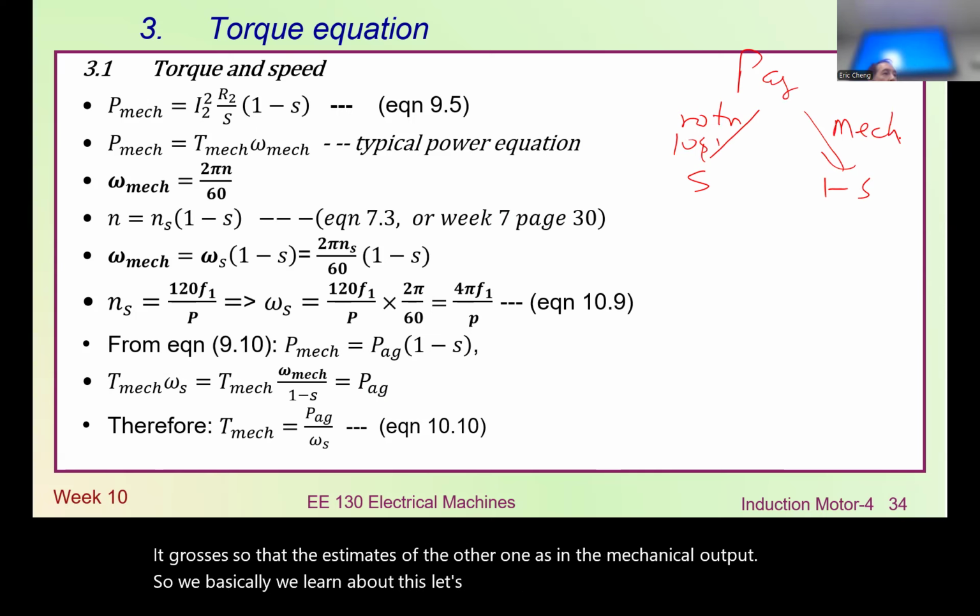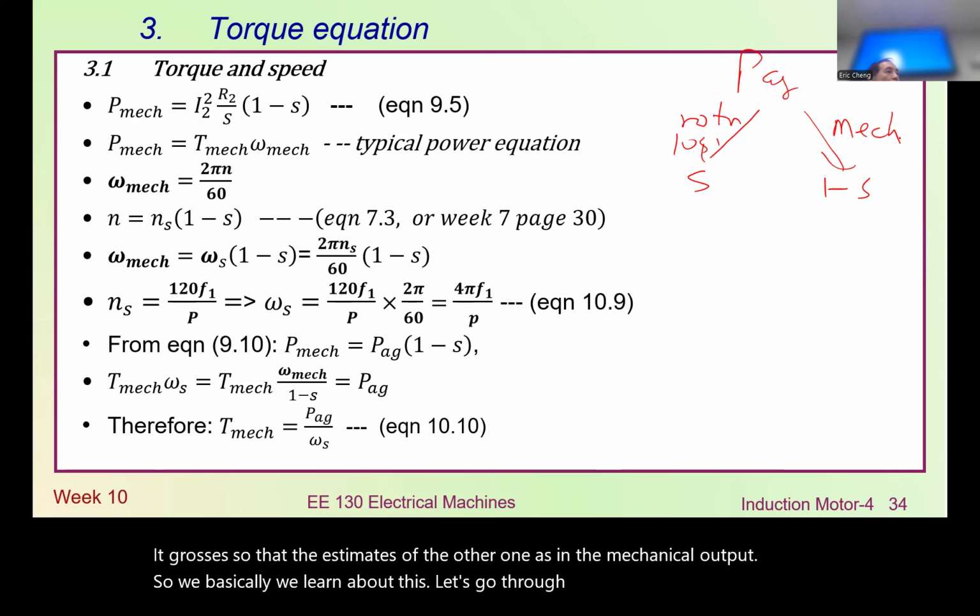Let's go through the formulation to see what else we can get from there. Firstly, we have our conventional equation from the previous chapter 9.5, where the mechanical power equals I squared R. That is how we get them. Then, the typical mechanical equation: mechanical power must be equal to torque multiplied by the speed, right? And for the mechanical speed in the unit of radian per second,